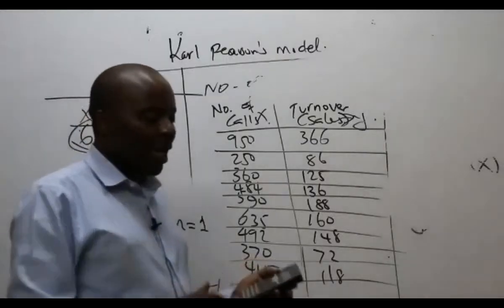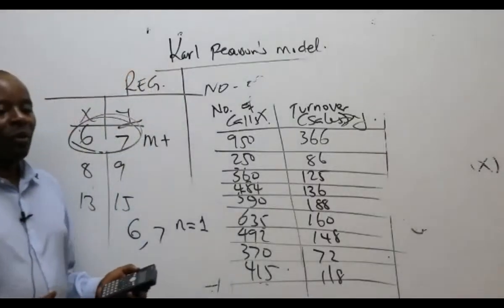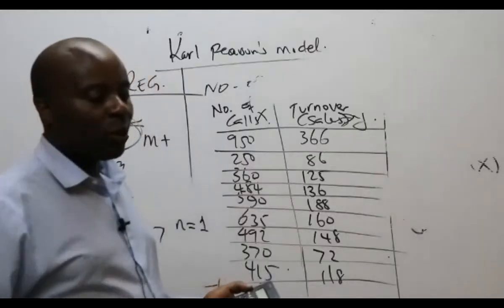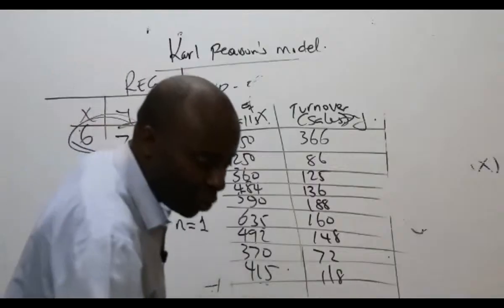13,15. Then you say M plus. What are you able to see there? M plus. It says N equals 3. Thank you very much. So, ladies and gentlemen, there are things that I would want you to always remember when